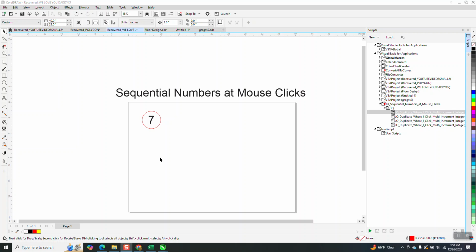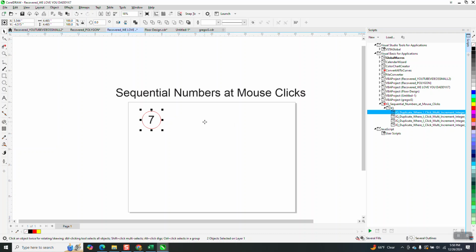Our friend Eskimo has come up with another macro that I can see at some point would be very, very helpful. So, sequential numbers on a mouse click. This particular one, I started out with 7. I'm going to select both of them. And if you notice, my cursor is an arrow. I'm going to double click on that and now it becomes